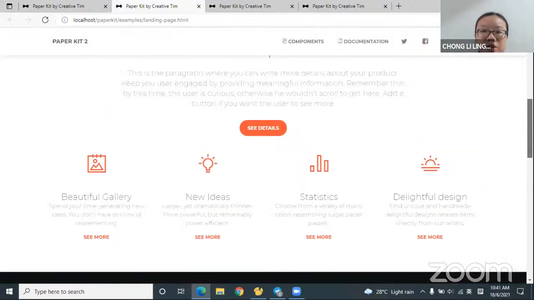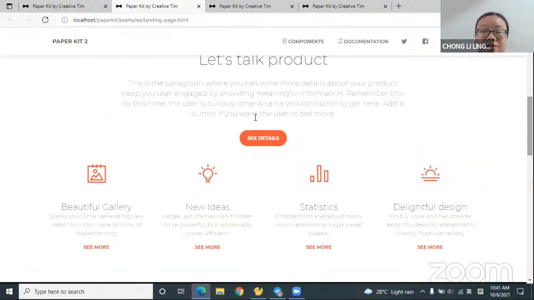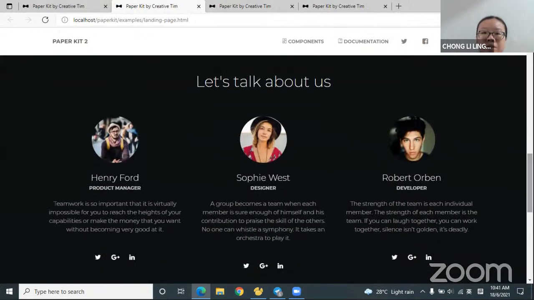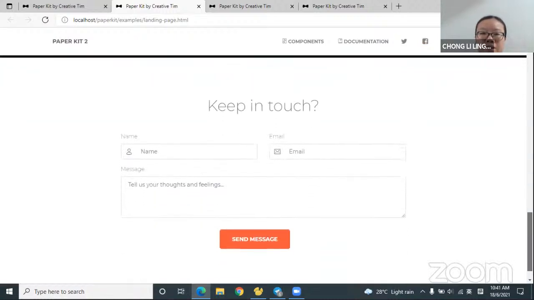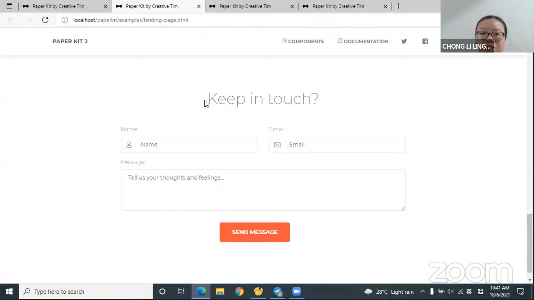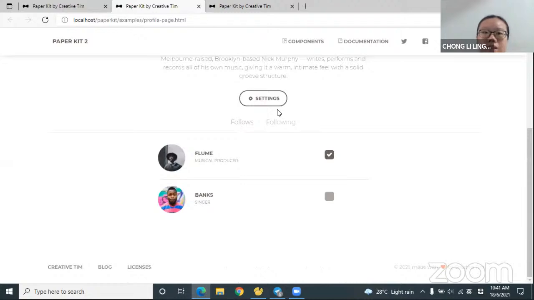The landing page is about the product. The third module is about Let's Talk About Us, the CRUD part, and then the fourth module is the Keep In Touch part, the message part, and then after that